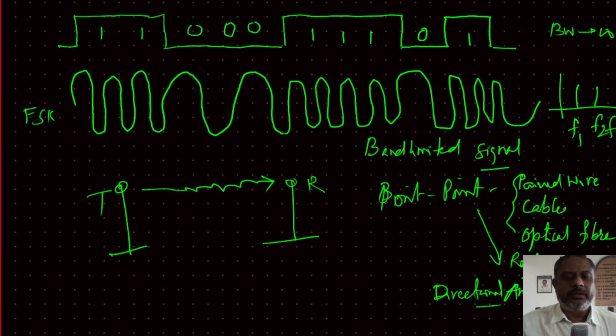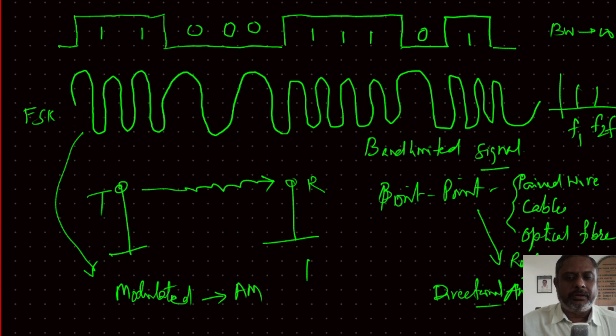So in order to ensure that these don't interfere with each other, this signal is further modulated before transmission. So usually amplitude modulation is done over this, and this amplitude modulated signal is transmitted, and on the other side we receive this AM signal, demodulate it, we get the FSK signal, and from FSK we decode it, and after decoding we realize that if you receive F1 it is 1, if you receive F2 it is 0, or vice versa, depending on